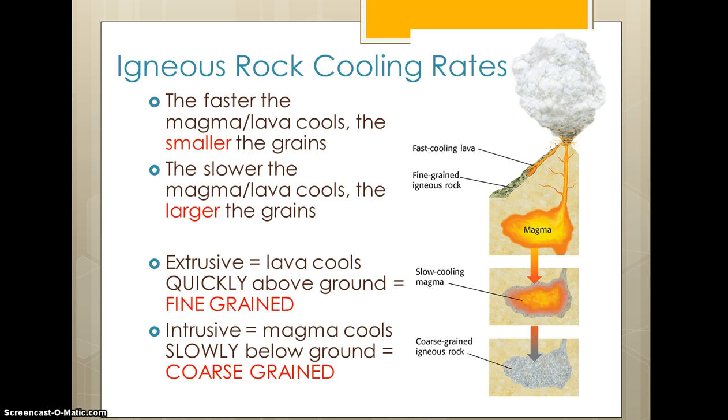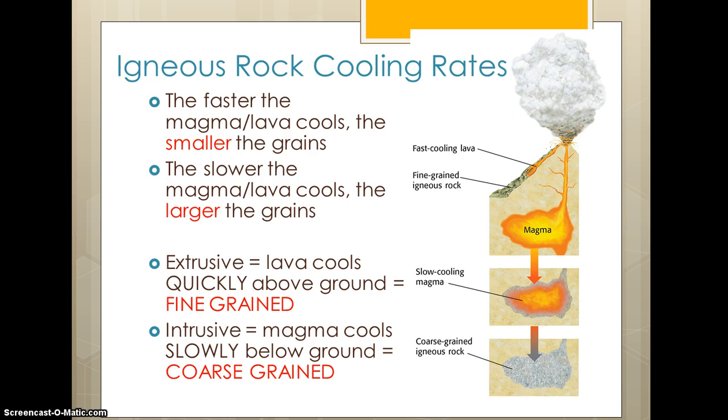Okay, the opposite happens when you get those intrusive igneous rocks where they're underground. The ground layers are like blankets, so they hold in heat. Think about when you're sleeping at night. The more blankets you add, the warmer you're going to be because it holds in your body heat. So if you've got a pocket of magma that's underground and surrounded by a bunch of rock layers, those layers are like the blankets, they hold in the heat, so it's not going to allow that magma that's underground to cool as fast. So it's going to kind of insulate it, and it's going to take probably thousands of years